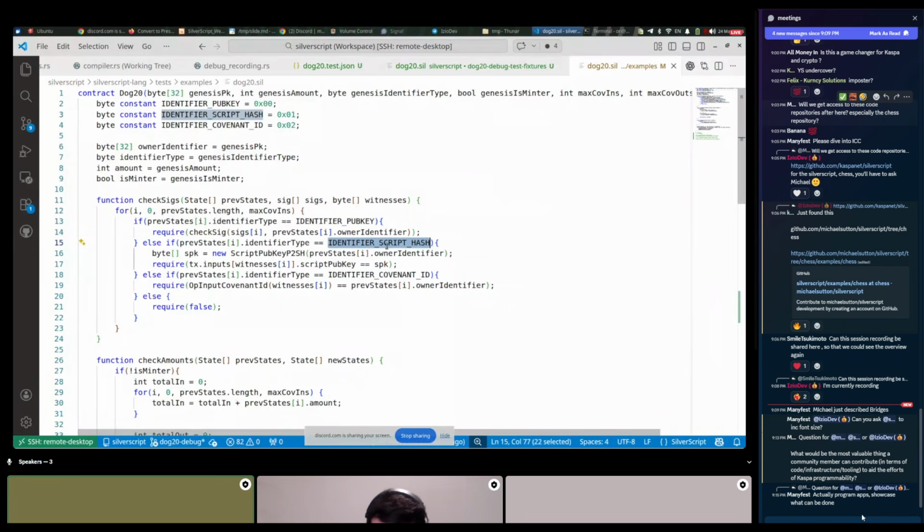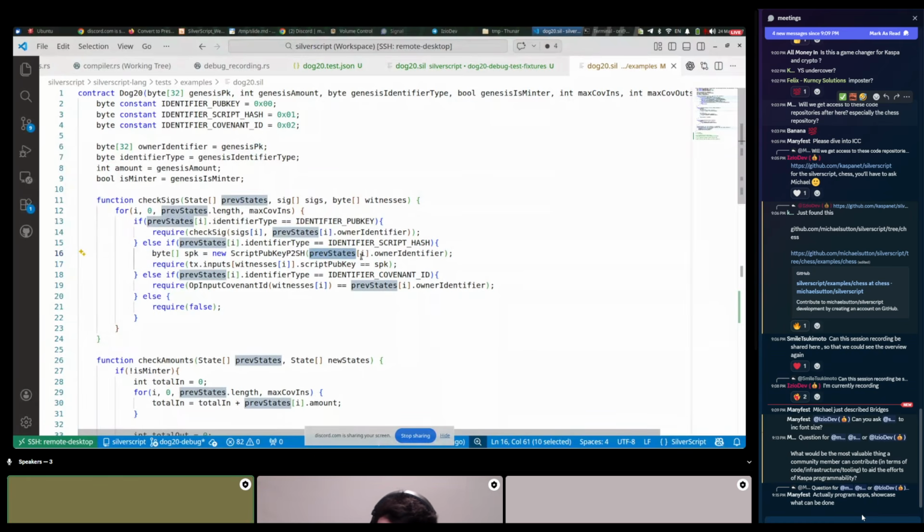But with the identifier script hash type, this is like a general contract. So we are validating that there is some kind of an input that belongs to the contract, I mean that belongs to the owner.